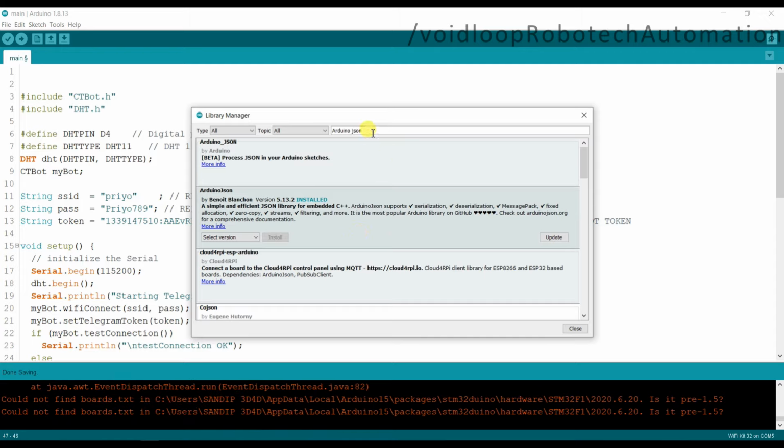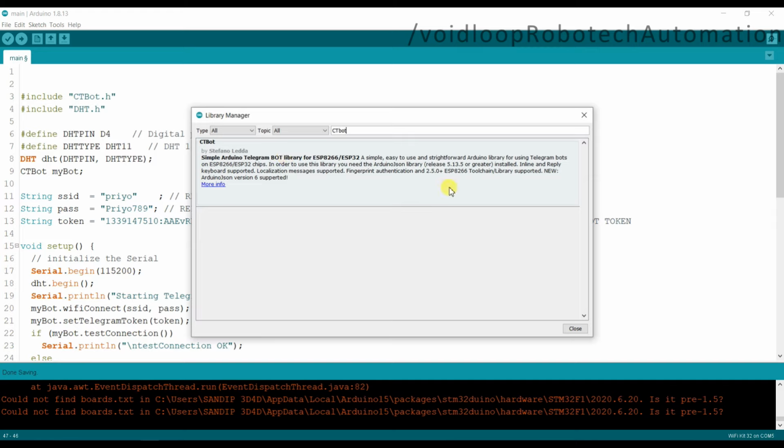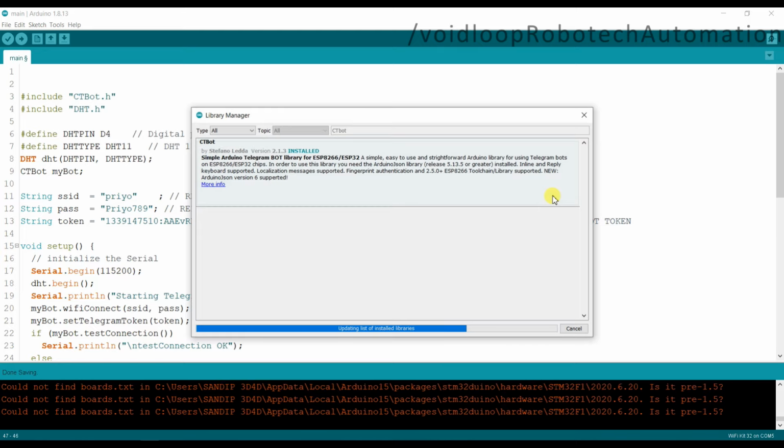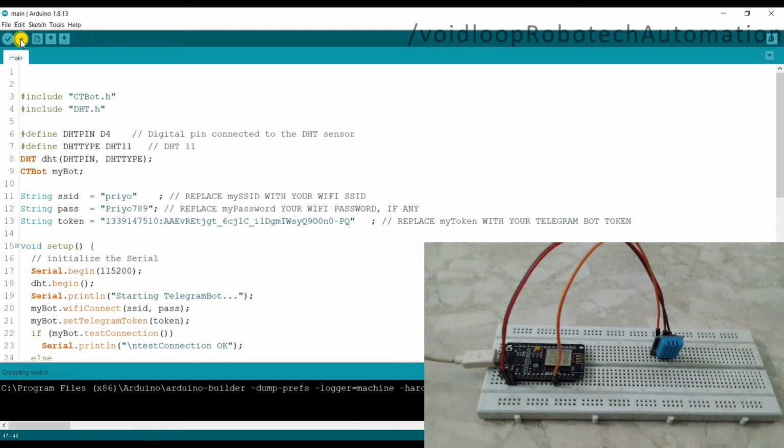I will not install it because I have already installed it. And another, I will install CTBot. Okay, so I will install this library. The library has been installed. I will close it and I will upload the code.